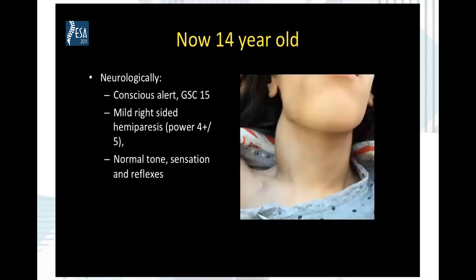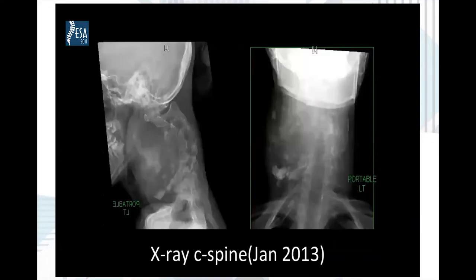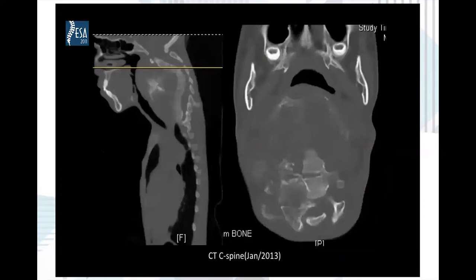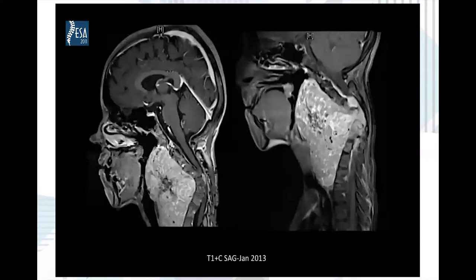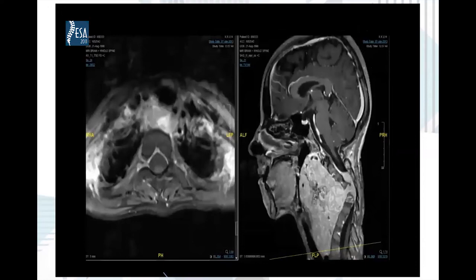She had mild right-sided hemiparesis. However, the rest of the neurological exam was normal, and this is her cervical spine X-ray. CT scan showed a calcified large tumor causing spine kyphosis, and a large, mostly right-sided tumor encroaching into the spinal